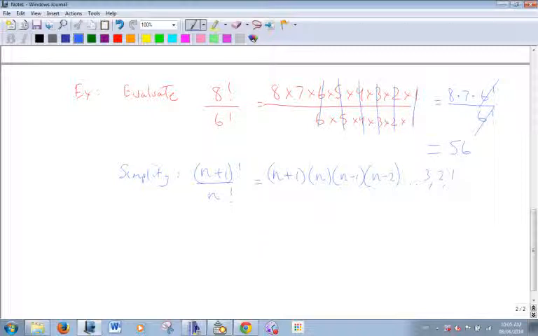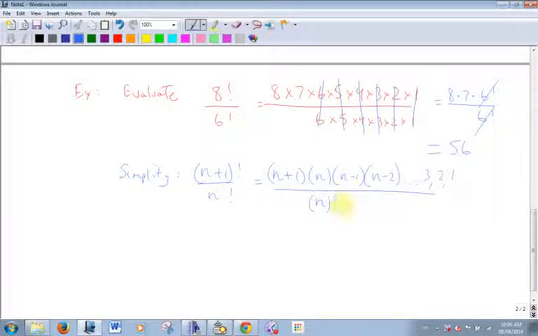Let's say n was 7. What's 7 plus 1? 8 times 7 times 7 minus 1. It's the same thing, isn't it? 7 minus 2, and so on. Whatever n is, even if it's a billion, at some point it's going to go down to 3, 2, 1. That's the top. On the bottom I have n